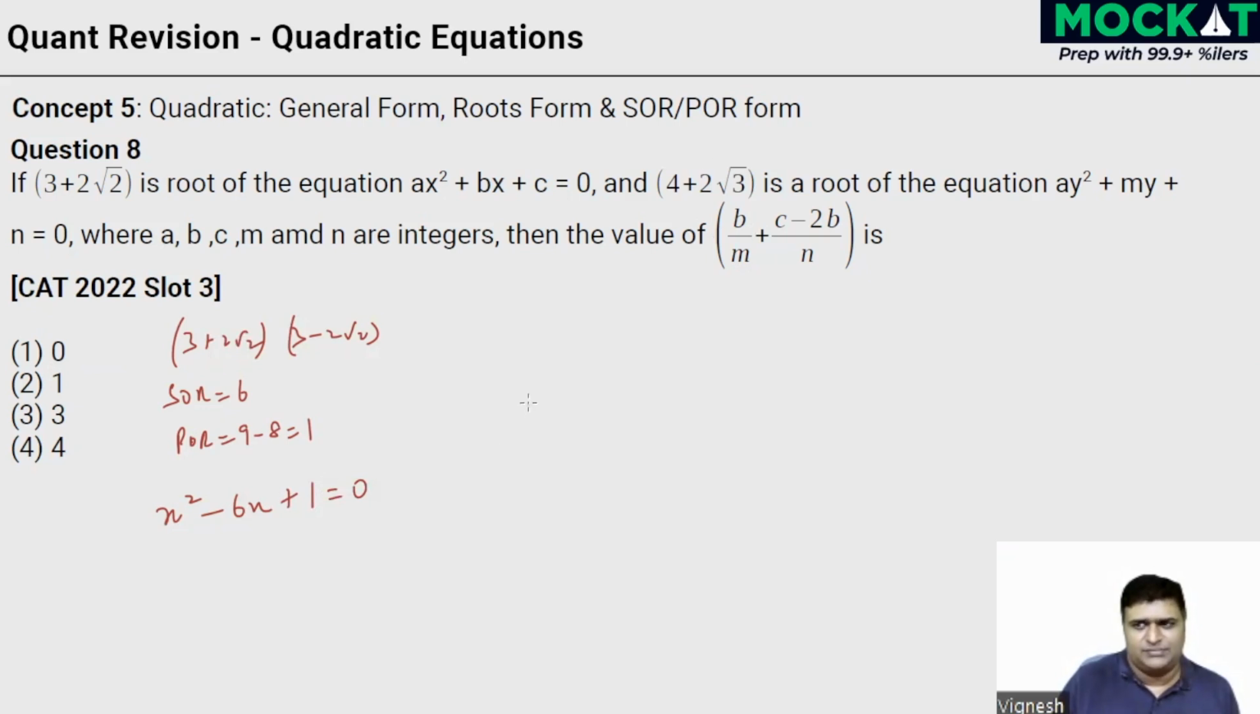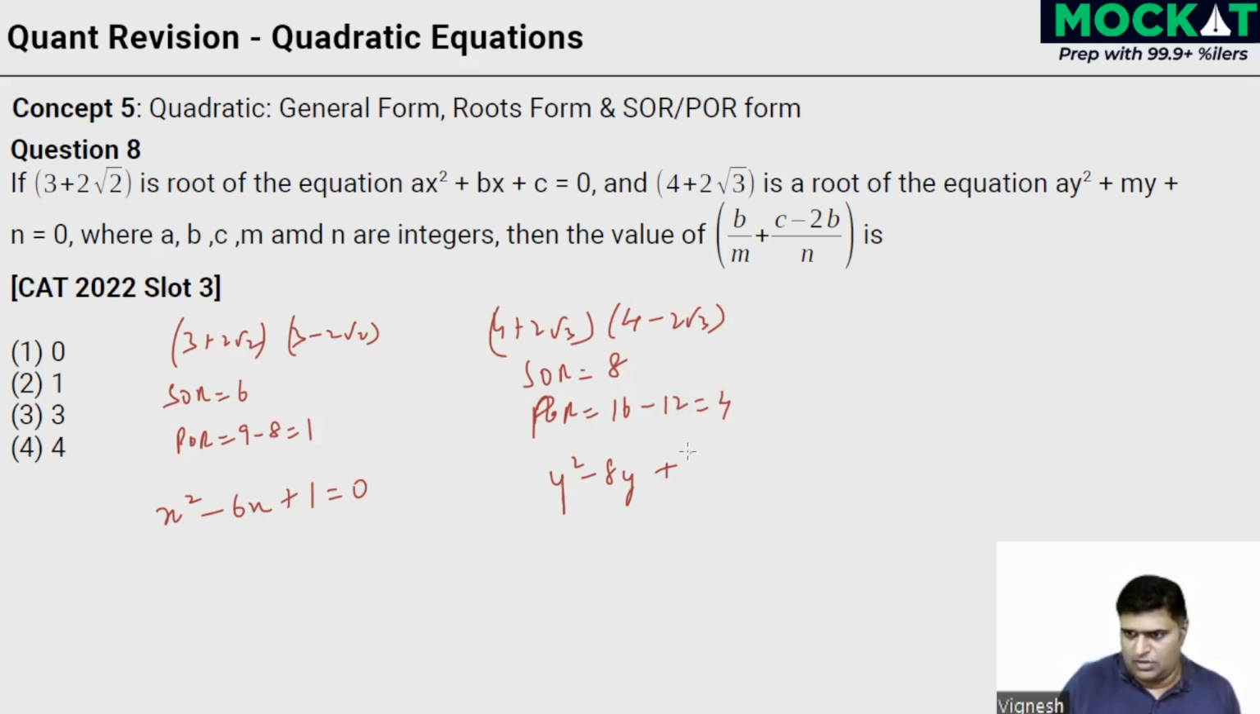Take the next one and see what you're getting. So 4 plus 2 root 3 and 4 minus 2 root 3. The sum of roots over here is going to be 8. The product of roots over here is going to be 4 plus 2 root 3 into 4 minus 2 root 3. So 4 square is 16 minus 2 root 3 the whole square, that comes to 12, and it comes to 4 over here. So this is going to be y square minus 8y